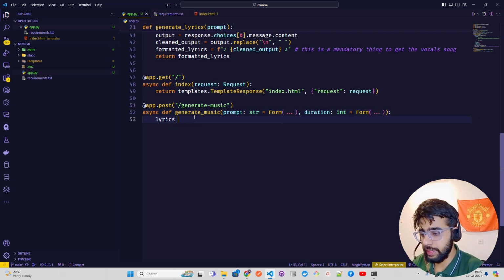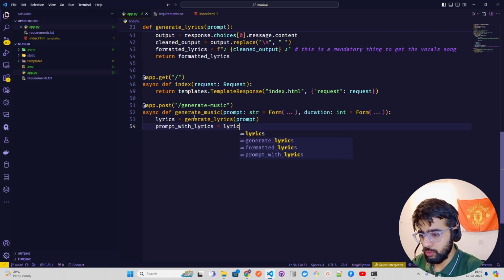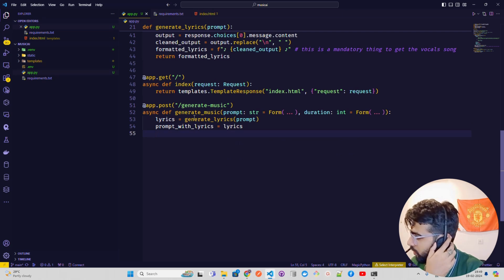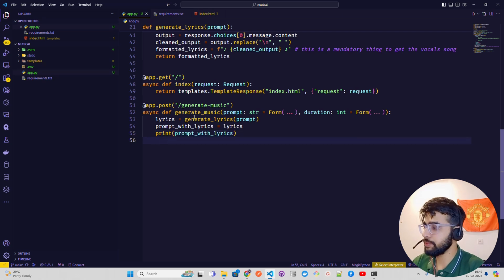The first thing, let's get the lyrics. So lyrics, how will we get it? We'll pass the prompt that we are taking from the app, and then we'll pass it to the above function that we have created. So lyrics, and then I'm going to write generate lyrics, and let's pass your prompt. Now this will give us prompt with lyrics. So let me just get prompt with lyrics, and then let's do a mapping. So lyrics, you can just probably ignore this. Let's print it to see the track in the terminal, if it gives any error, prompt with lyrics, and now we